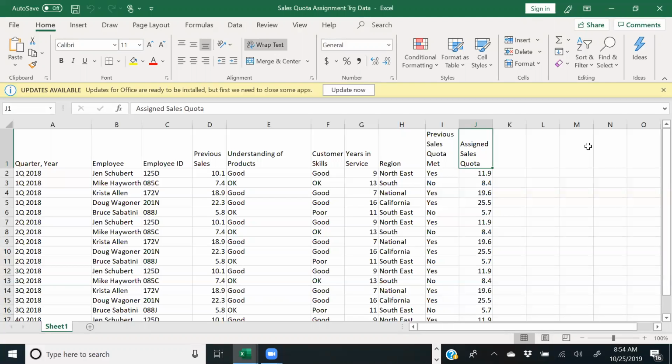And this is what you're trying to predict. What sales figure should I assign to each of the salespersons in my organization, so that they have a good chance of meeting it?